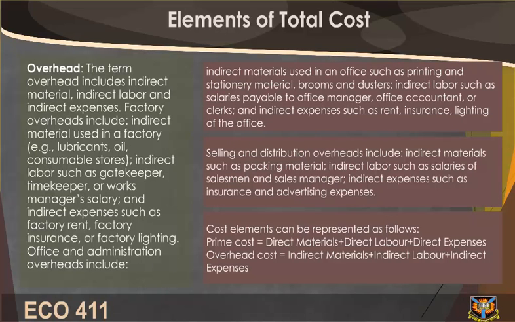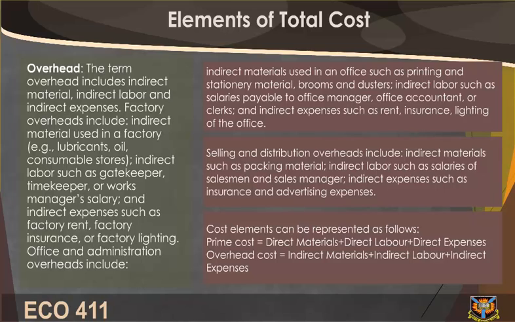Overhead. The term overhead includes indirect material, indirect labor, and indirect expenses. Factory overheads include indirect material used in a factory, for example, lubricants, oil, consumable stores, indirect labor such as gatekeeper, timekeeper, or works manager's salary, and indirect expenses such as factory rent, factory insurance, or factory lighting. Office and administration overhead include indirect materials used in an office such as printing and stationery material, brooms and dusters,